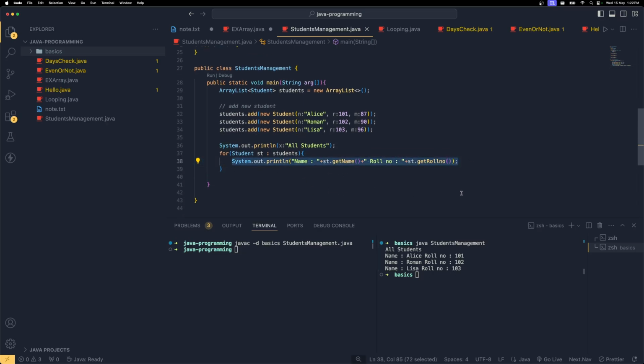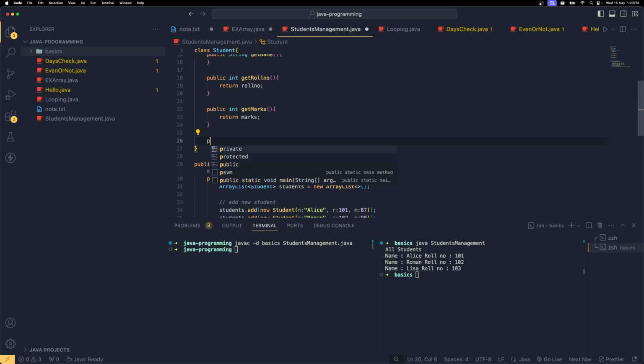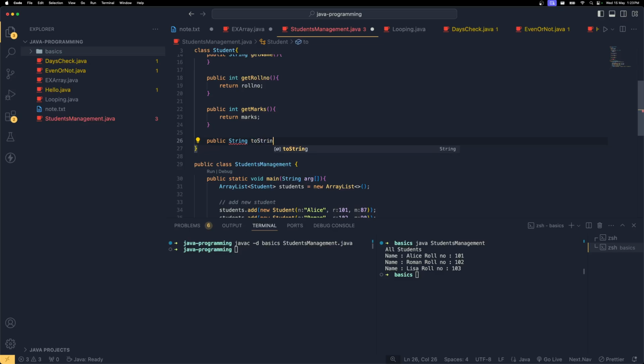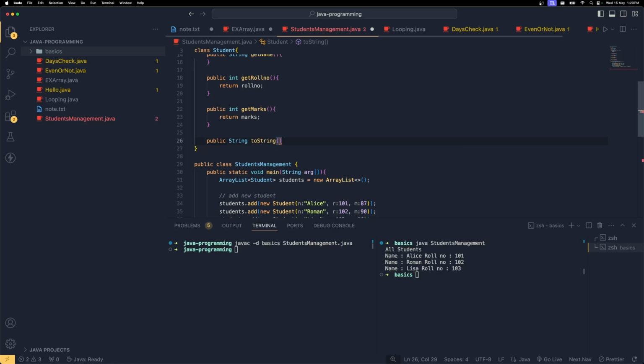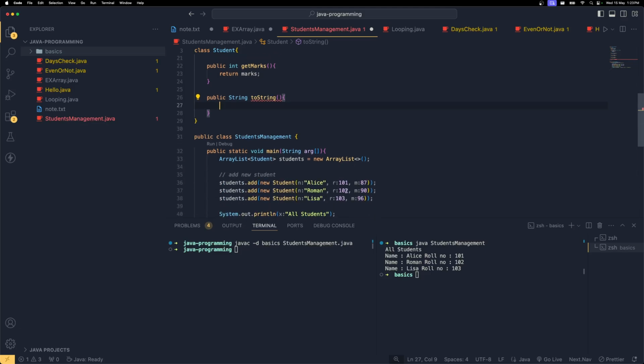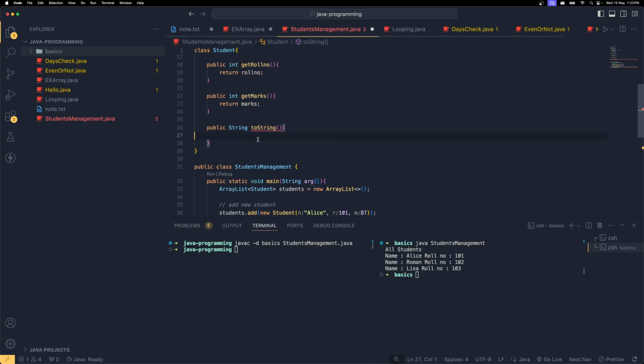I don't want to print it every single time. So if you want to override this, right? If I want the complete student information, what I can do is, over here, let's say public string toString. That is a magic method called toString, which helps you return the complete information just exactly the same way as over here. What I'm going to do is cut this out and say return, paste it over here, right? And then